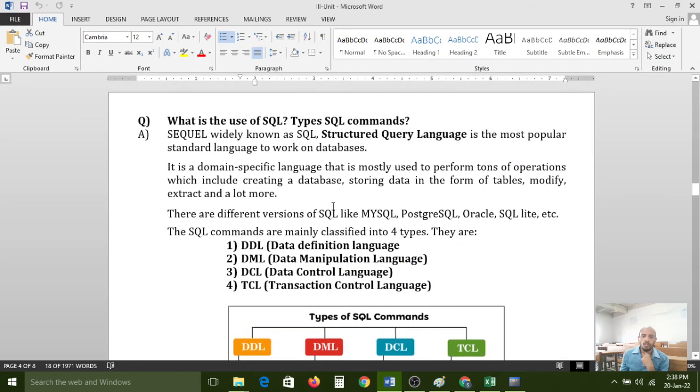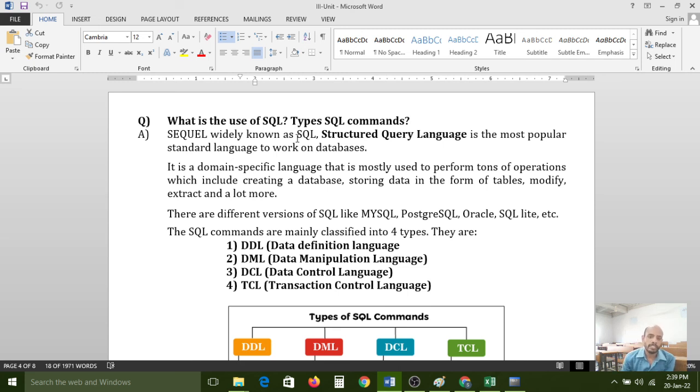Next, what is the use of SQL? Types of SQL commands is the next concept. Actually, what is the use of SQL? SQL is widely known as structured query language.